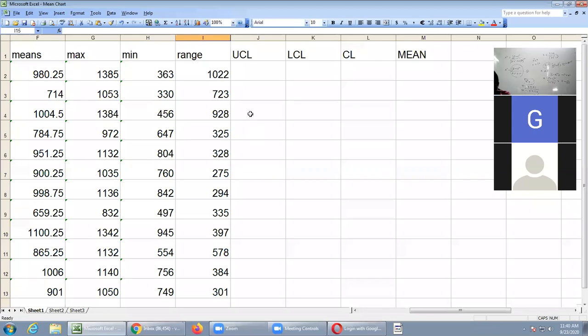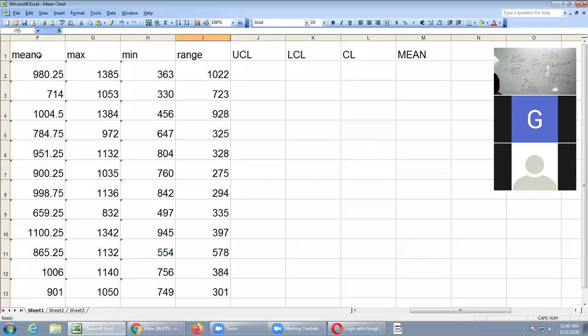First I will tell you the mean chart and range chart. After that I will tell you the S chart. For mean chart construction, you require UCL, LCL, CL, and mean values, because you already know, you have done it manually. Mean values you will identify. Upper control limit is required, lower control limit is required, control limit is required.